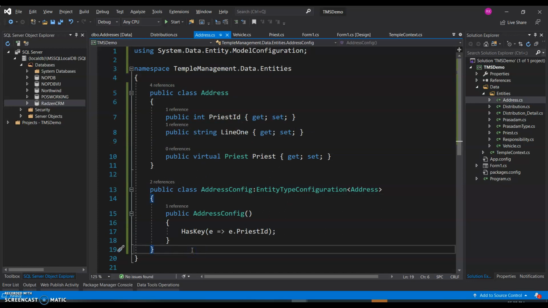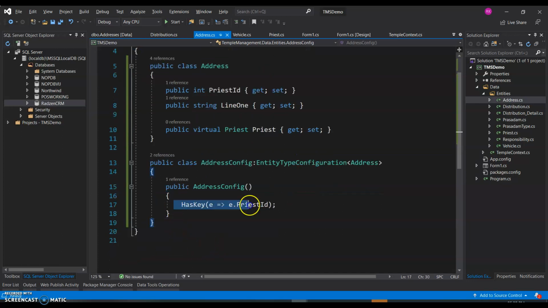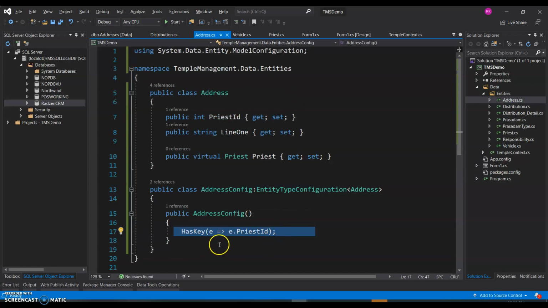But I have gone one step further and solved that error by explicitly saying that this entity Address has a key called PriestID. What this means is that my PriestID here is acting as a primary key for this table, as well as referring to the PriestID of the Priest entity, which I'm still okay with. But still, we would have some errors. I'll tell you what those are. In fact, that is the reason it did not let me view the context also.